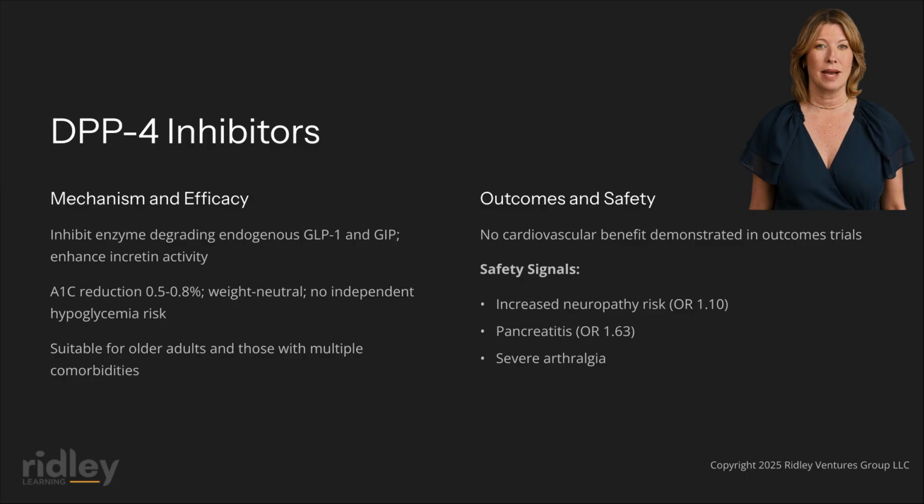They do not independently cause hypoglycemia and are generally well tolerated, making them suitable for older adults and patients with multiple comorbidities who may not tolerate more potent agents. However, DPP-4 inhibitors have not demonstrated cardiovascular benefit in outcomes trials and carry some safety signals that limit enthusiasm for